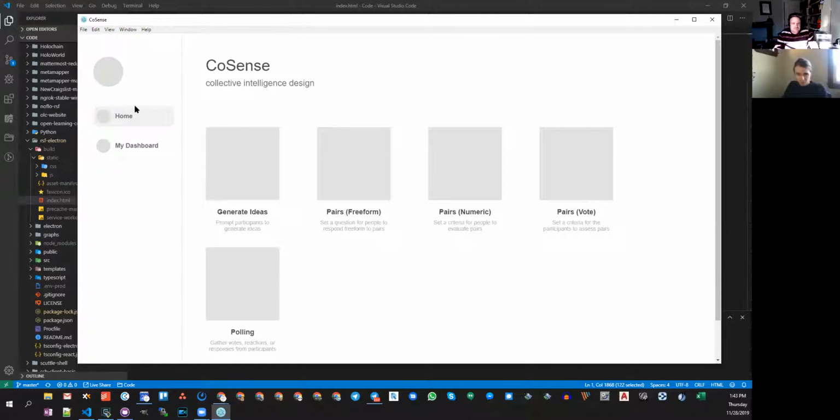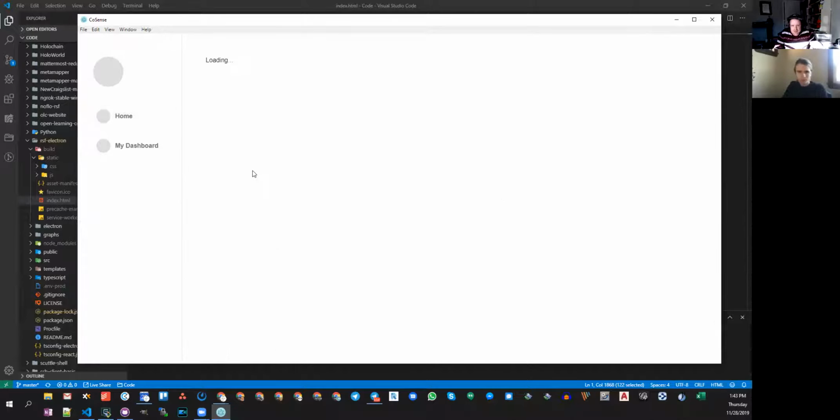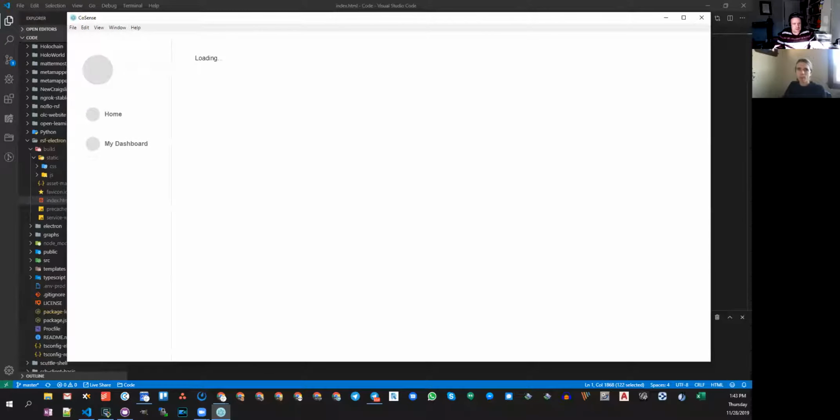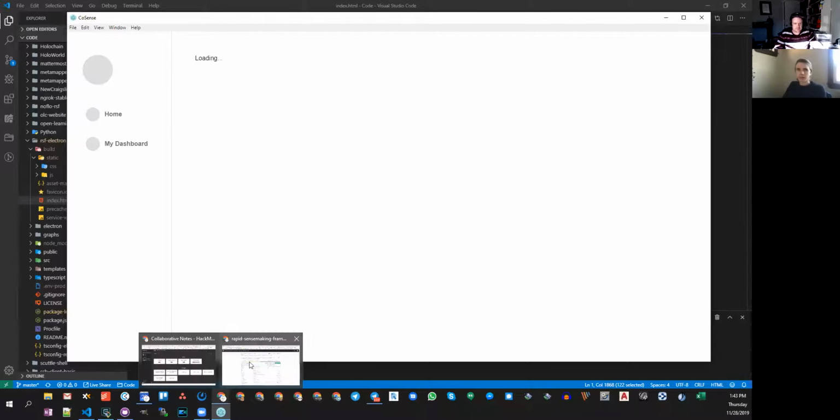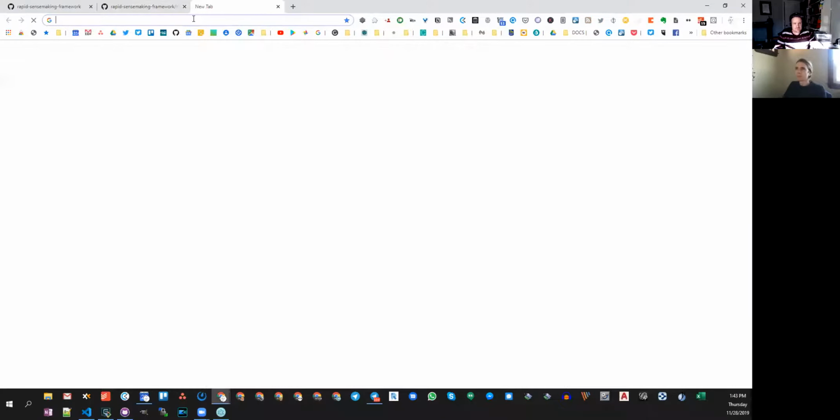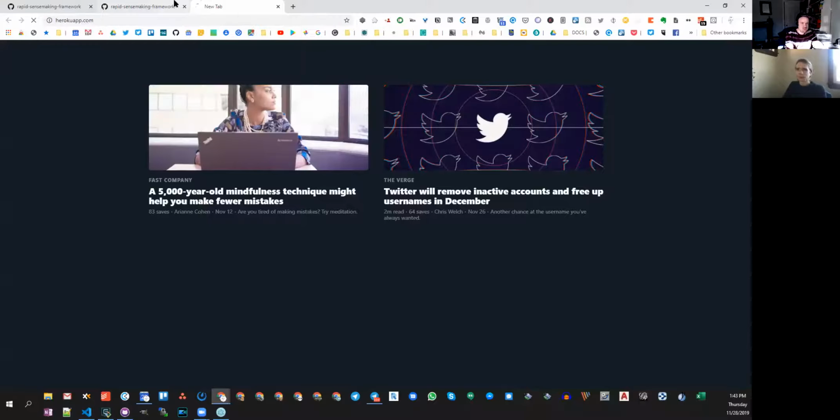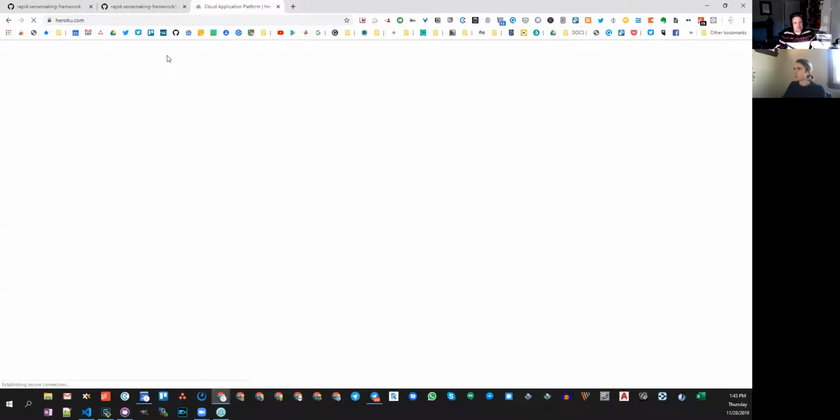Let's just try a quick one. Cool. Generate ideas. See if this server has been... I'll have to check this. Oh, it's relying on the... This part connects to the remote no-flow RSF thing, the Heroku.